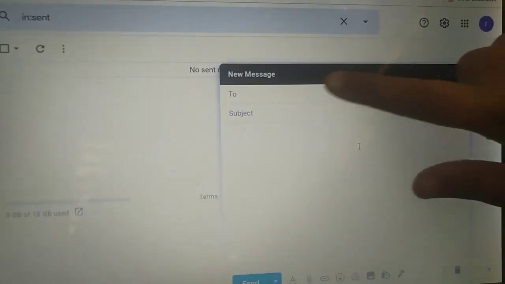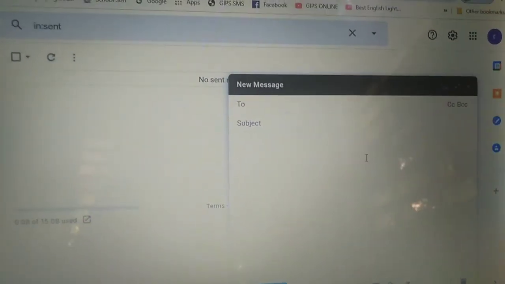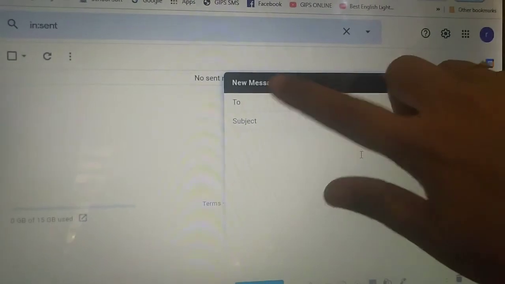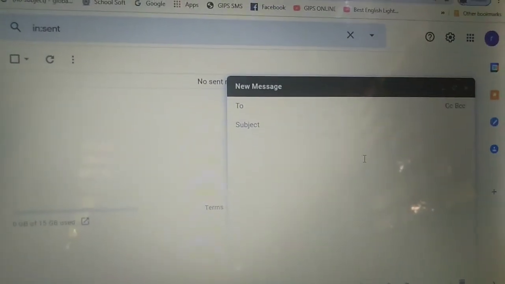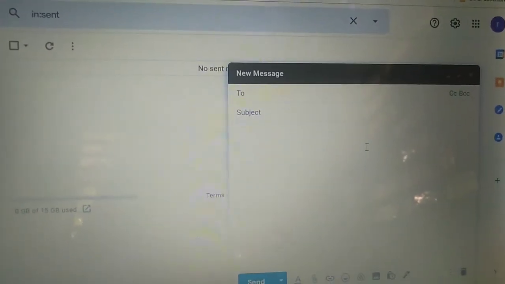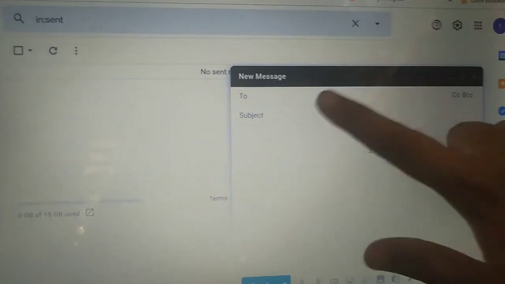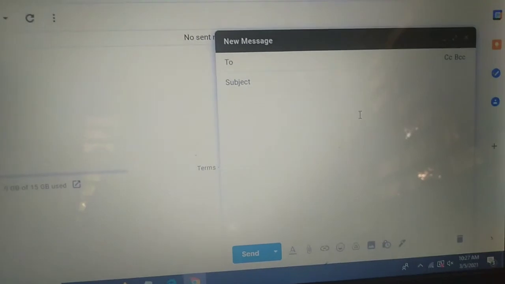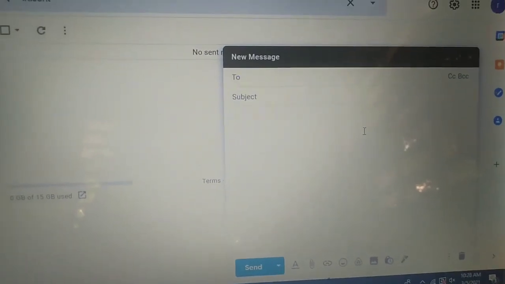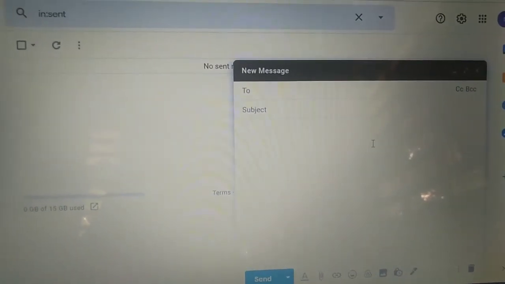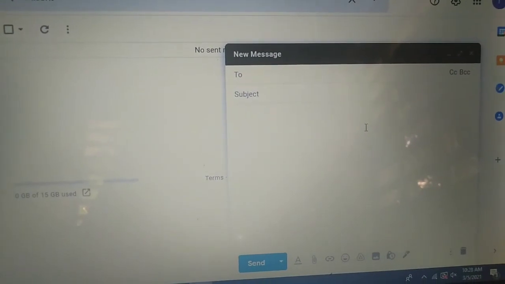The To field is used for typing the recipient's email address, and the subject is used to give a one line introduction about the purpose of sending this email.